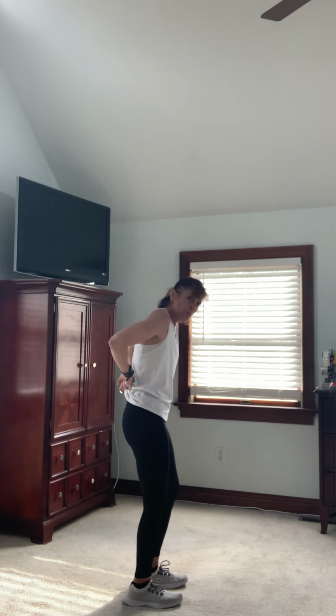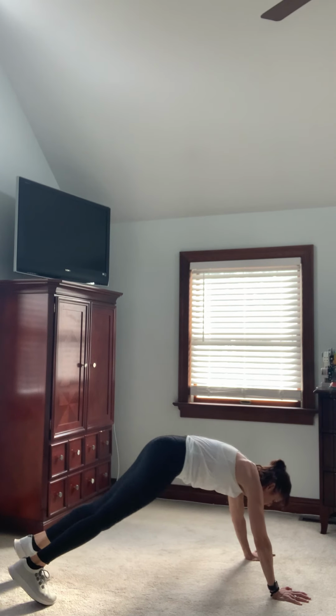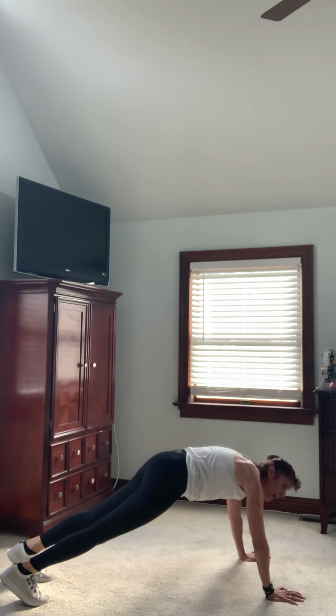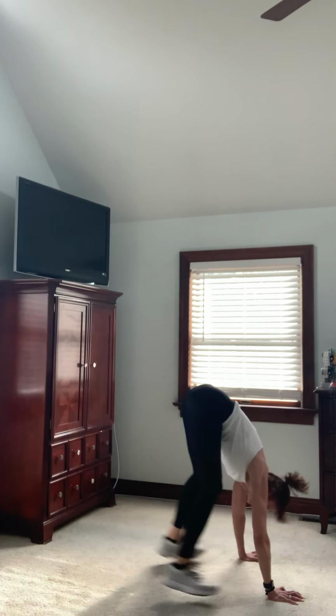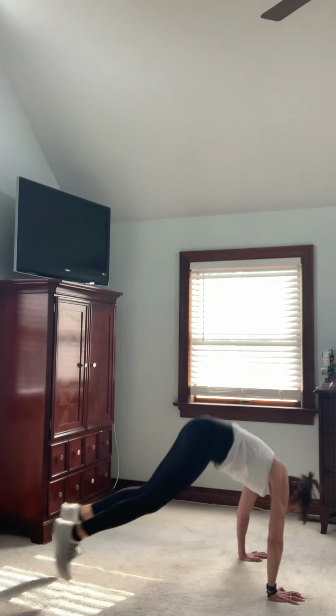Getting ready for those burpees. All right. So you're going to get in a plank. I like my feet just a little bit apart. Hands under your shoulders. Ready? And go. So I'm somewhere between my toe and my heel. I'm in that arch kind of. But I am trying to put my heel down